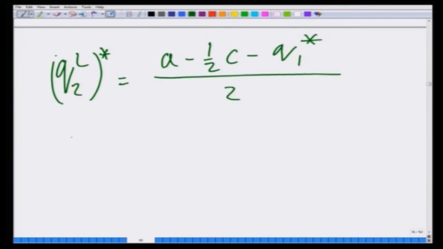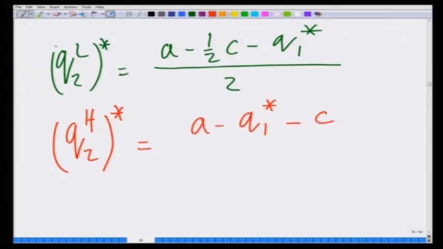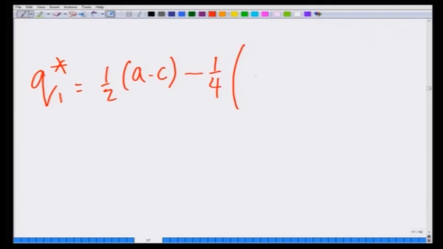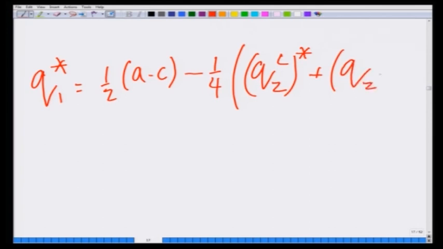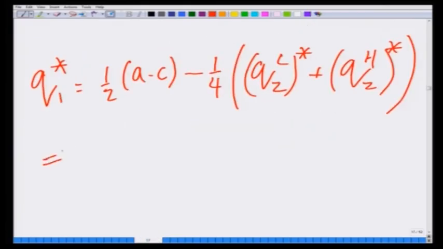and Q2 H star equals (A minus Q1 star minus C) divided by 2, and also Q1 star equals half (A minus C minus 1/4 (Q2 L star plus Q2 H star)). From the previous equations we can substitute the expressions for Q2 L star and Q2 H star in this, and we get half